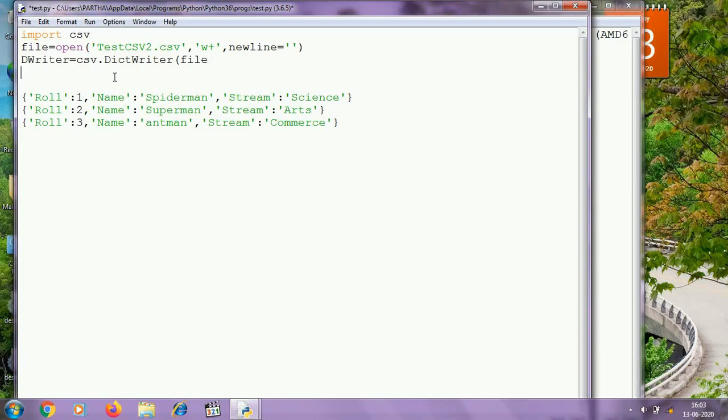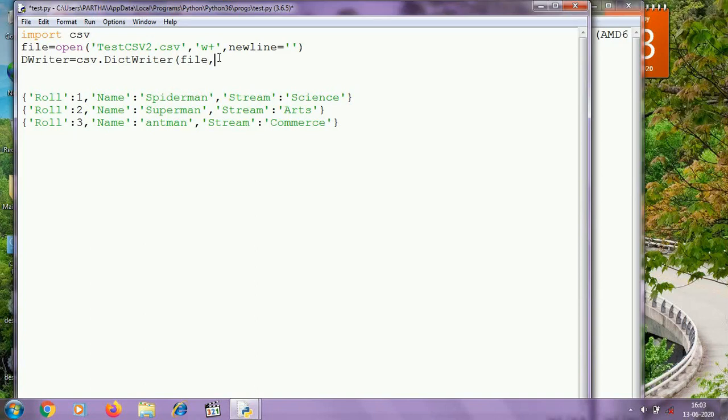You must look carefully at the name of the function, DictWriter, where D is in capital letter and W is in capital letter. This function will return a DictWriter object, and I am storing it in the variable dwriter. So dwriter is referencing this DictWriter object. That means using dwriter I can access the DictWriter object.